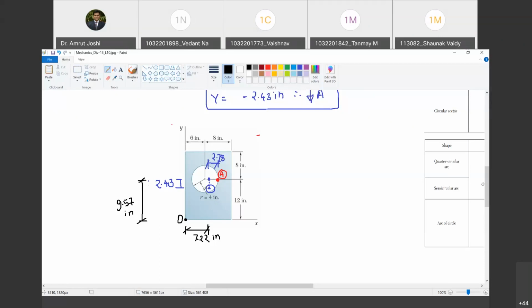So if this plate, its weight needs to be shown. From where should I show its weight? Its weight needs to be shown from the point where I have shown the centroid. Are you with me? Yes, sir. Why? Because centroid and center of gravity are same. We are dealing with that situation. So we are still in physics. We are not into mathematics or geometry. Are you with me? Yes, sir.